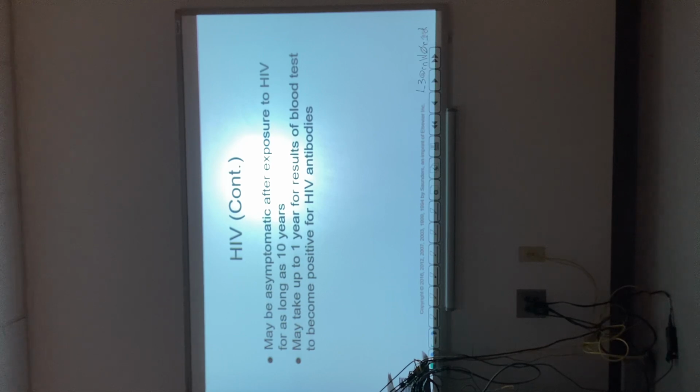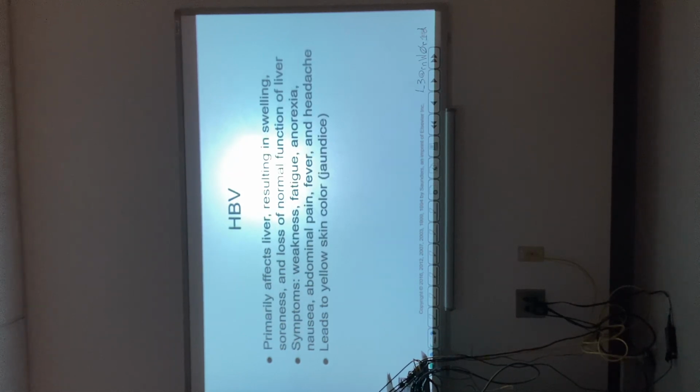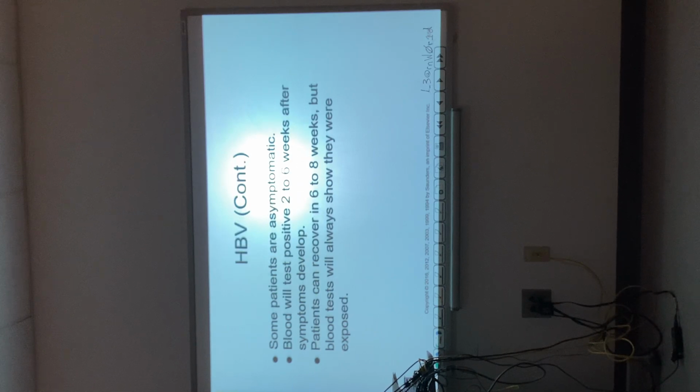When we look at hepatitis B, this is primarily impacting our liver, okay, and the function of the liver. Some individuals that have hepatitis B, depending on its severity, it causes jaundice or yellow skin color, and we see some of the symptoms here. Again, these patients can also remain asymptomatic for quite some time. So with this